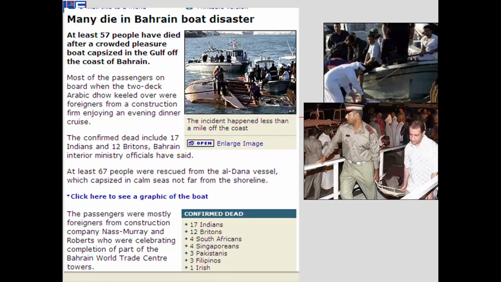57 people died. And what happened was that everyone went on to the boat for the party. As you can see, they had a party to celebrate. And the boat tipped over. And the people were trapped underneath and drowned. Now, the big question,